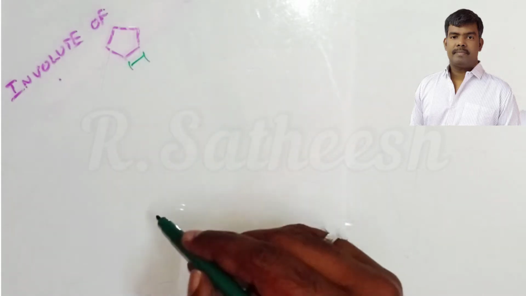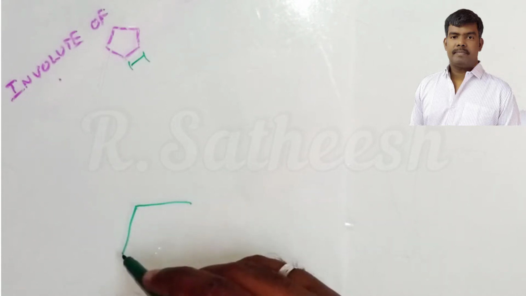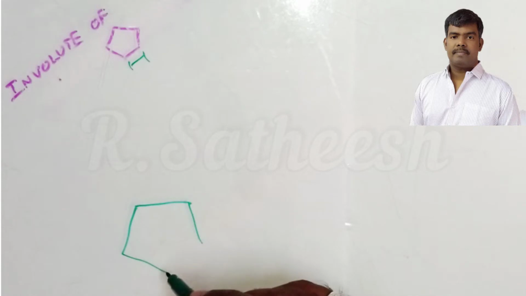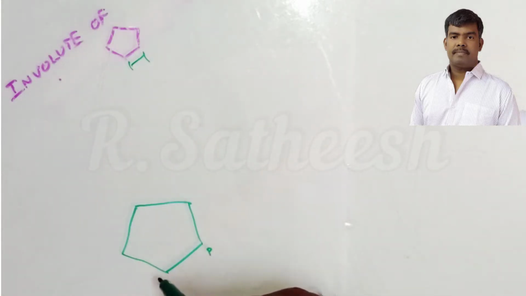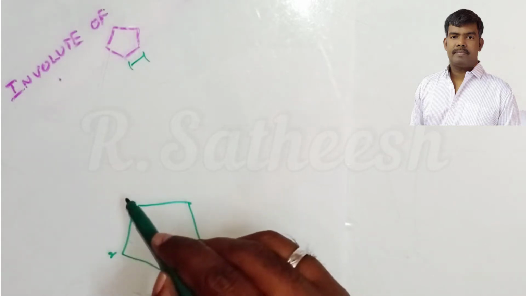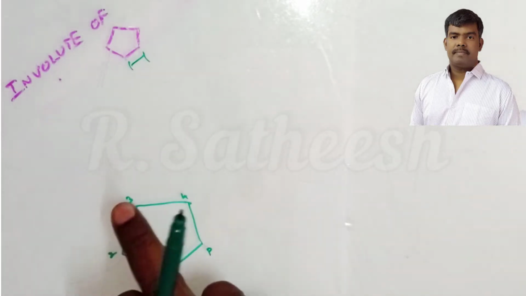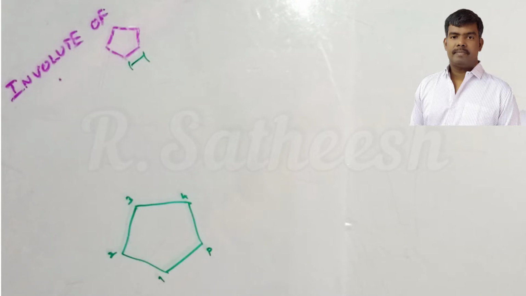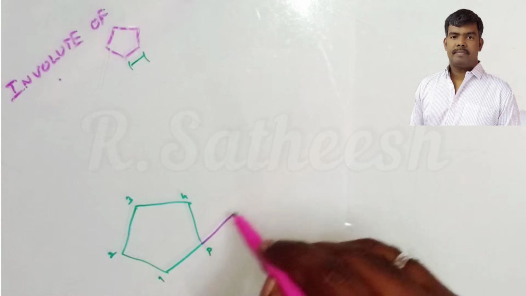Clear. So therefore, first we construct the pentagon as per the normal geometrical construction procedure. First you complete the pentagon, then the start point, let us consider this is P, then 1, 2, 3, 4 and 5. So P, 1, 2, 3, 4, 5 like that. Then from P, the 1P line will be extended.